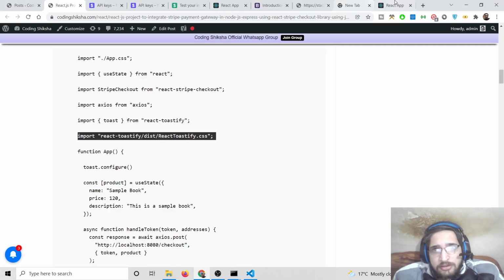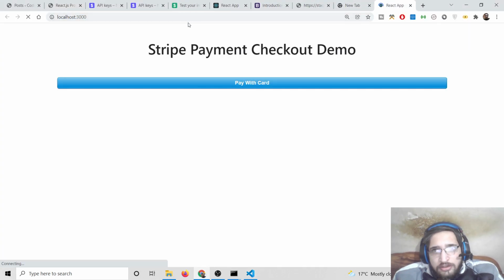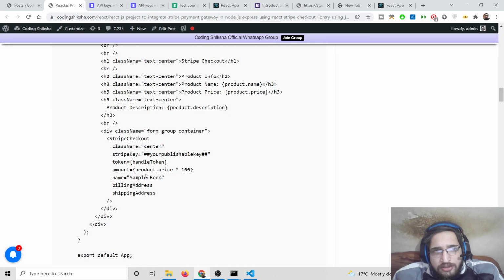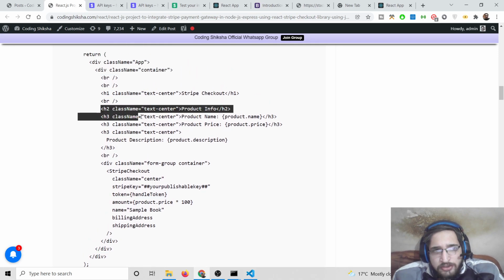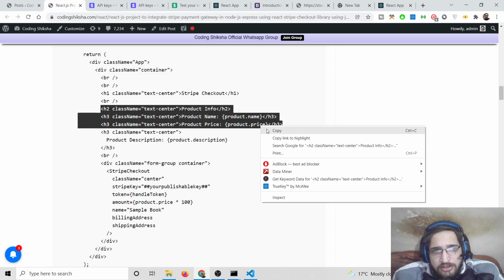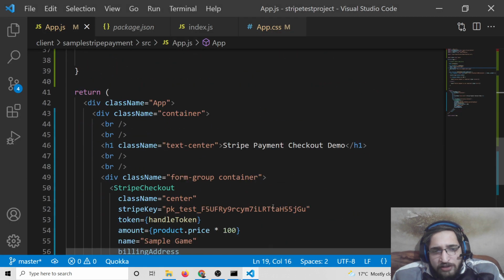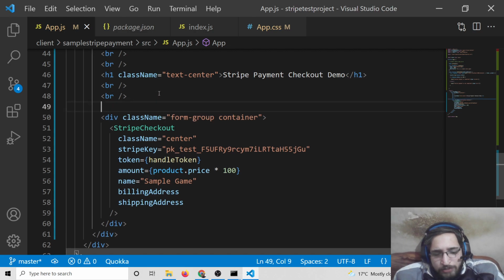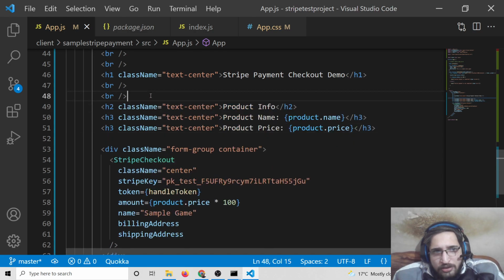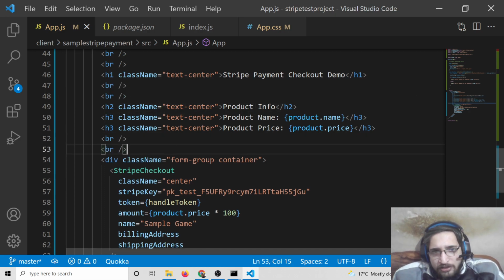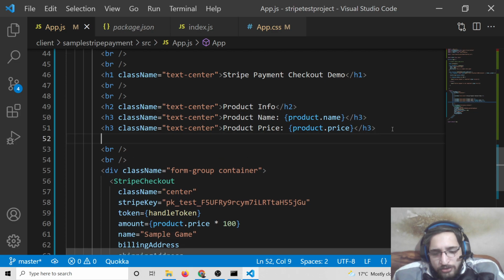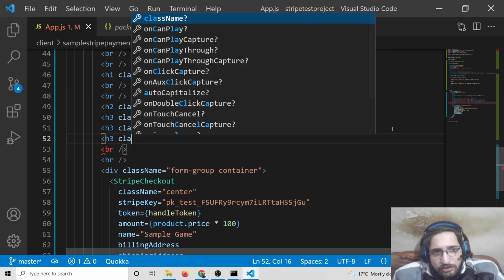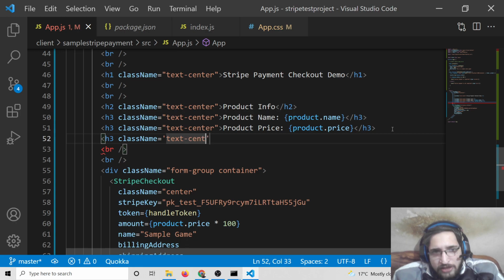And now if you refresh the application, you will see the information of the product is not printing out. So this can be easily fixed. Just go to the video description link and simply copy paste this h2 tags here, and right here whenever you are displaying it, simply paste it like this and put some break tags here. So we are just displaying the product info: product name is this, product price is this. If you also want to have the description, simply have this in the text center class,